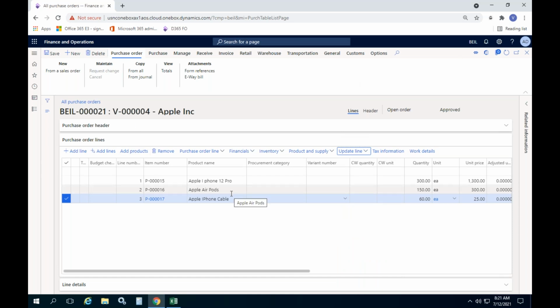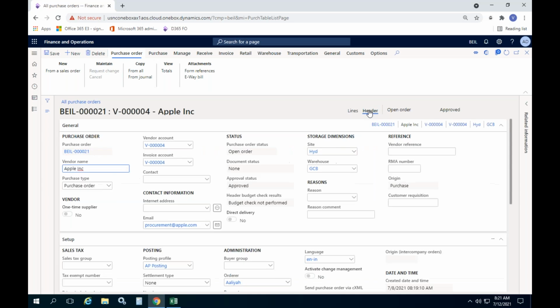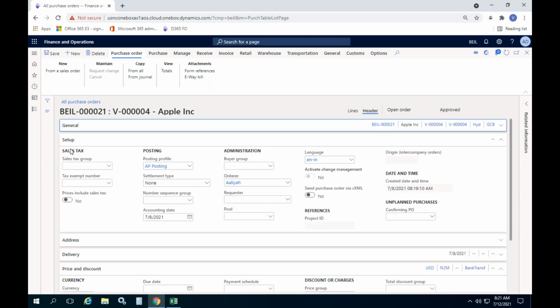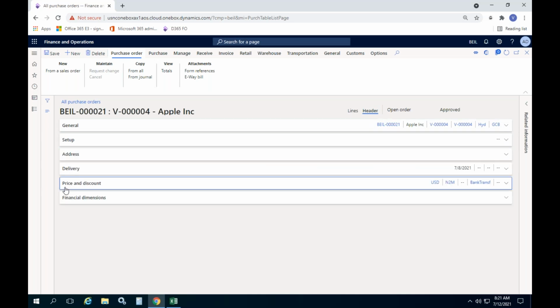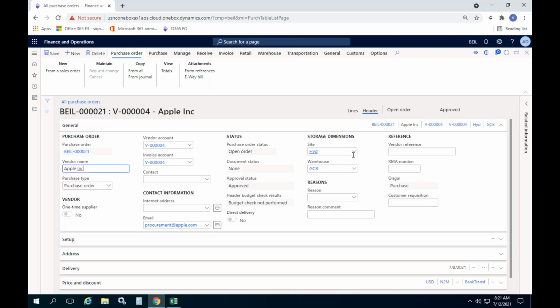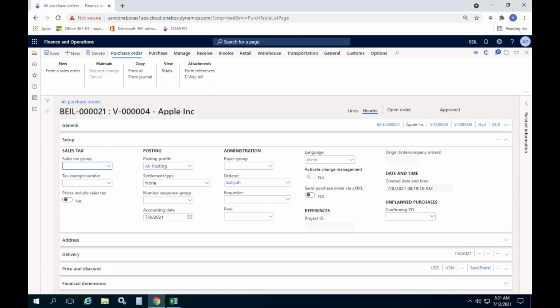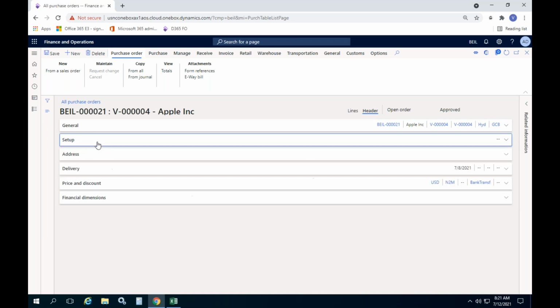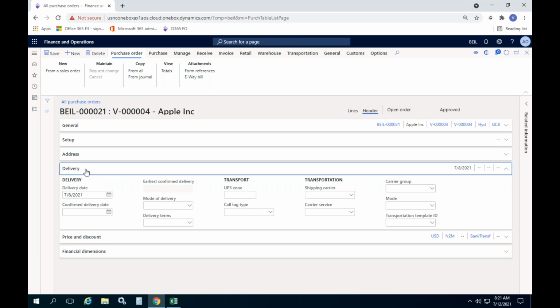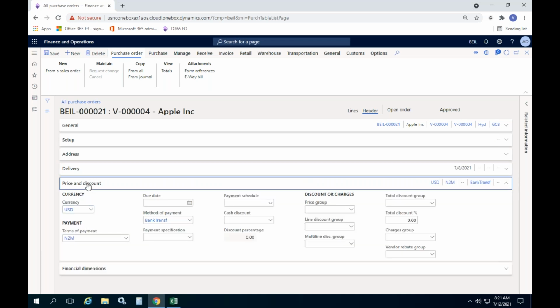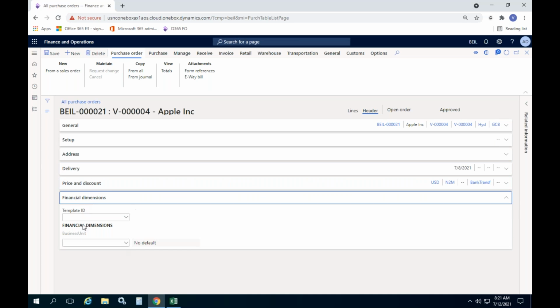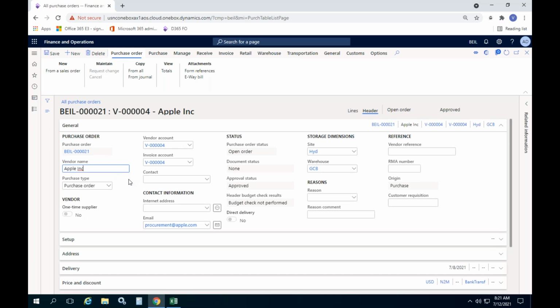We'll come to the lines again. I just want to show you the form structure. Then if you go to header, in the header also you have multiple tabs. These are the tabs. So general, the generic information about the vendor. Setup, there is some setup related information. Address, delivery related, discounts related, financial dimensions. Yeah. So general,